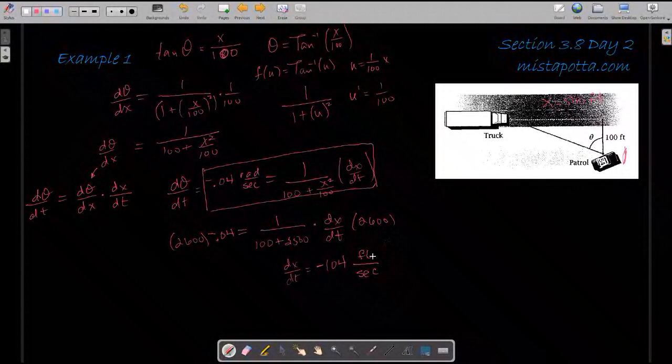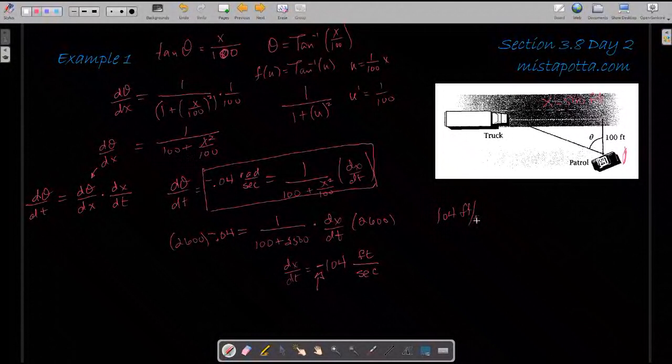So I'm dealing in terms of feet per second. And all that this negative means is that the distance between the truck and where the patrol car is decreasing. It just means that the truck is moving towards us. The negative is really just indicating the velocity. I'm interested in the speed, so I'm really just interested in this 104